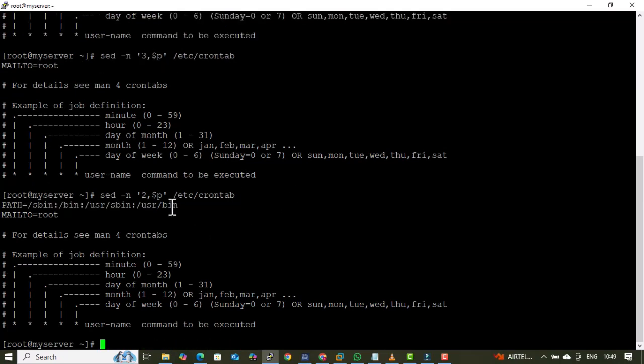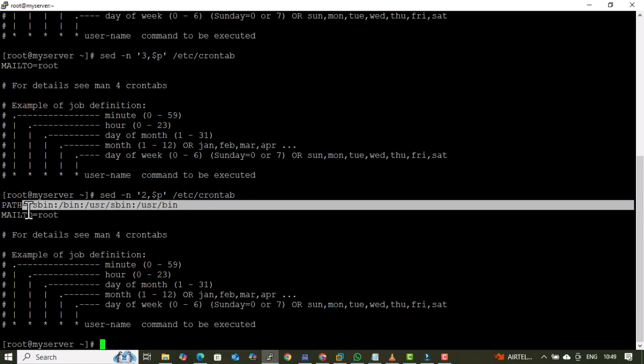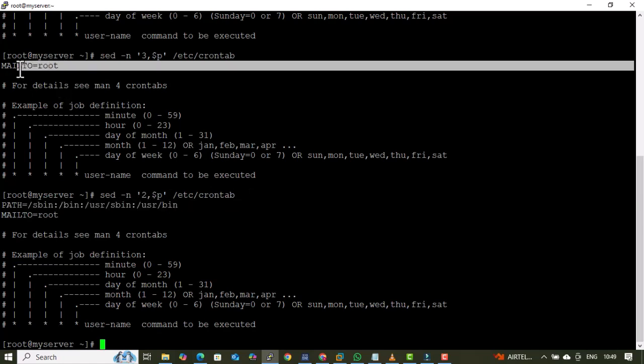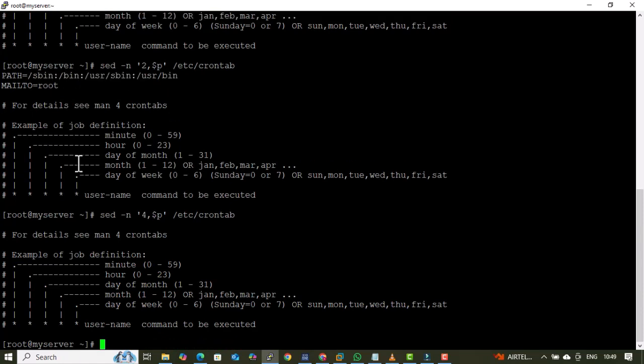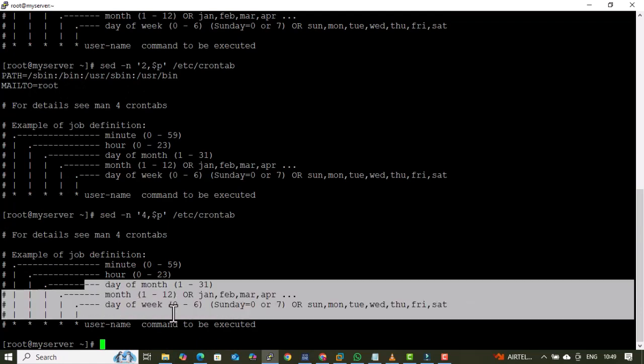Now it has added one more line. Earlier the output was till 2. So when we are decreasing the number, it is going one step above. And now if we want to give number 4, see, now it has removed both the lines and now it has printed the output of these lines only.